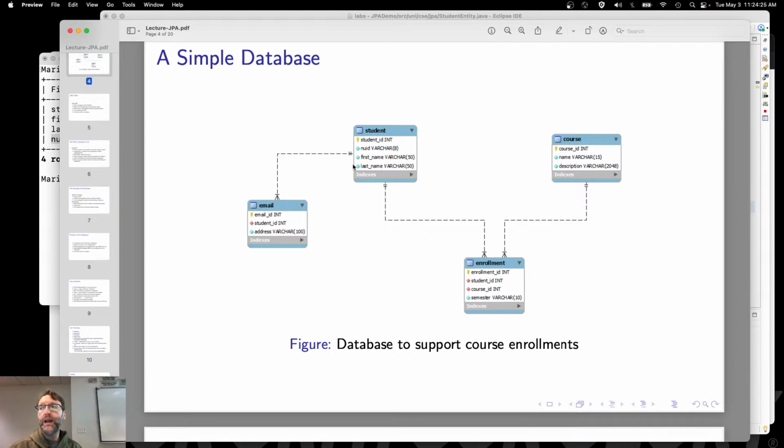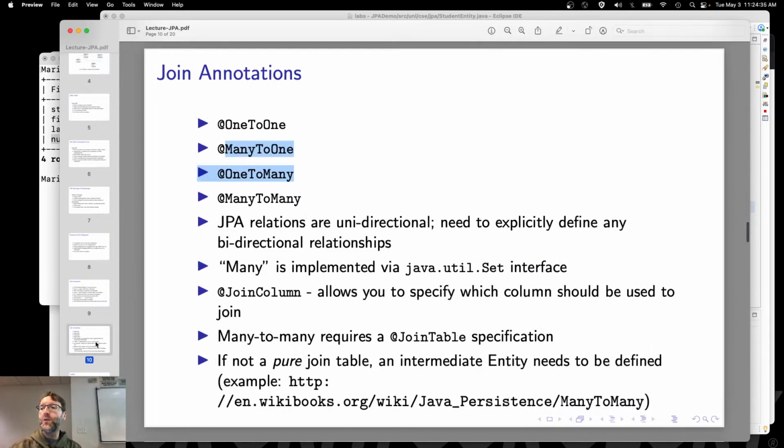It's a many-to-one relationship. So these bidirectional relationships, it's one-to-many over this way, but it's many-to-one that way. That's why we need two different annotations, because if we're going to annotate one class versus the other, we need to know which way we're going. So for a student to the email table, I would use a one-to-many